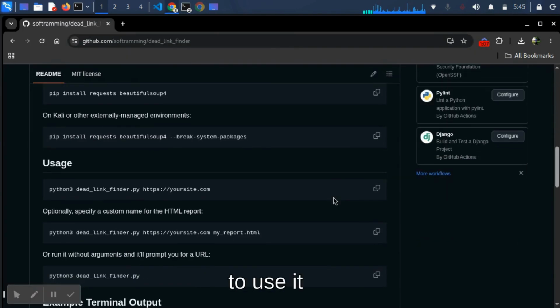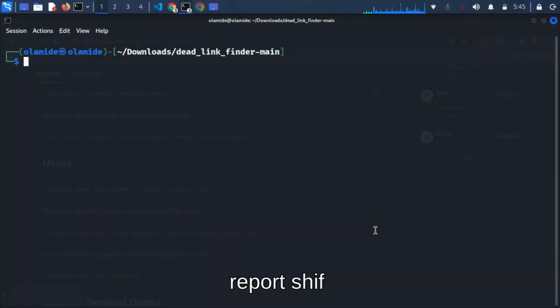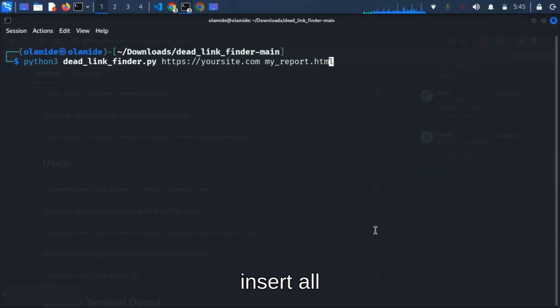So now how to use it. So let's copy this one. We want to use it by generating HTML report. Shift Insert. All right, here, let me call it my_report. Okay, that's okay. So http://127.0.0.1/